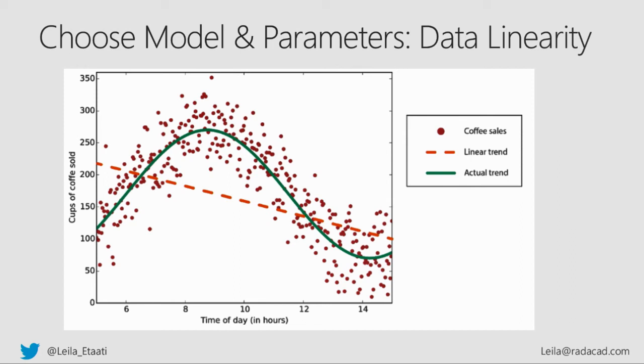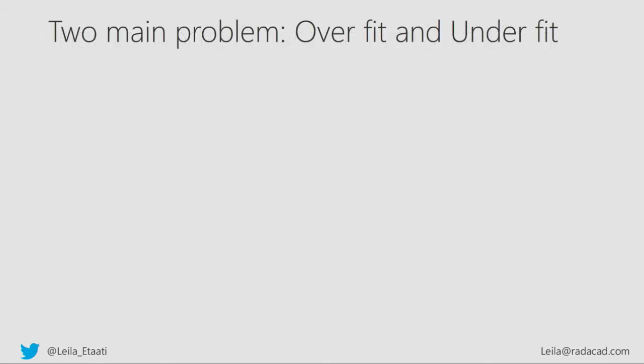So it's really important that before you do any analysis, you look at your data, at the behavior of your data, and then choose the model, because it definitely impacts accuracy. So this is for choosing the model. There are other things, I'm just giving an example. Another one is about